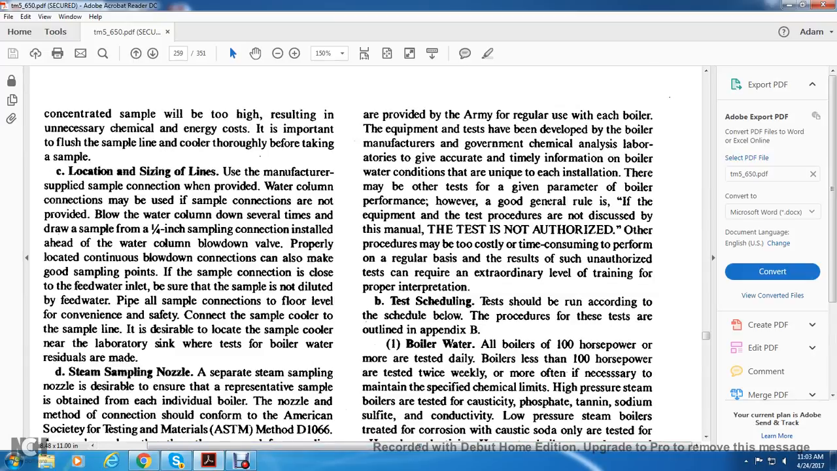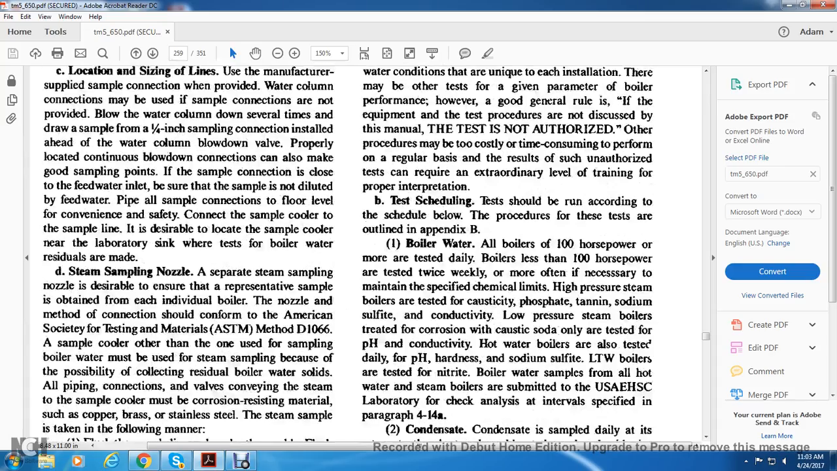The equipment and tests must be developed by the boiler manufacturer, government, and chemical analysis laboratory, giving accurate and timely information on boiler water conditions unique to each installation. Therefore, there may be other tests giving parameters of boiler performance. However, a good general rule: if the equipment and the test procedure are not discussed in this manual, the test is not authorized, or the procedure is likely to be costly and time-consuming to perform on a regular basis. Unauthorized testing can require an extraordinary level of training and proper